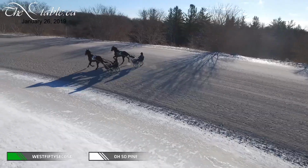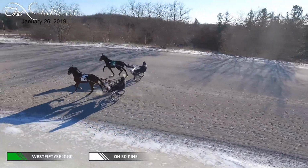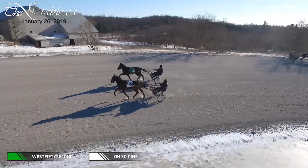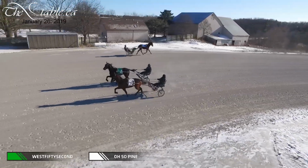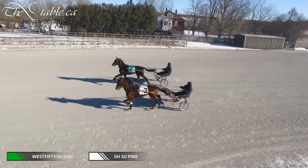I was trying to figure out who the hell had Greg Peck's jog cart, but the reason he took it is because if you look closely, there's a gating pole, a pole that actually acts like a jog cart shaft. You can move in closer to keep the horses from running out. Oso Pine's issue last year was he wore a gating strap on the outside instead of trotting hobbles. Jason hung him up to run out today, but he forgot that maybe he grew up in the off season